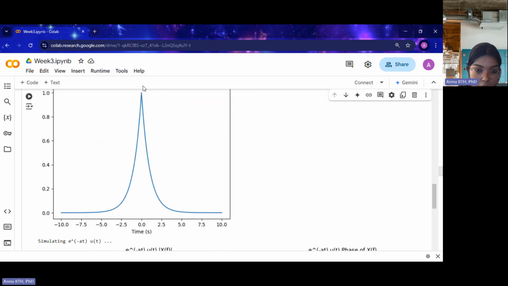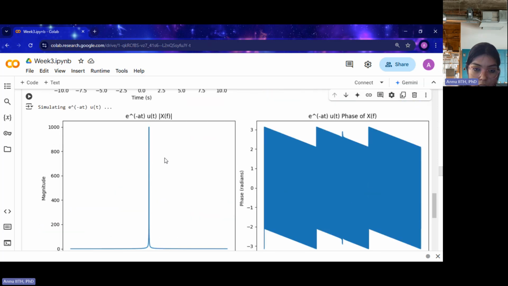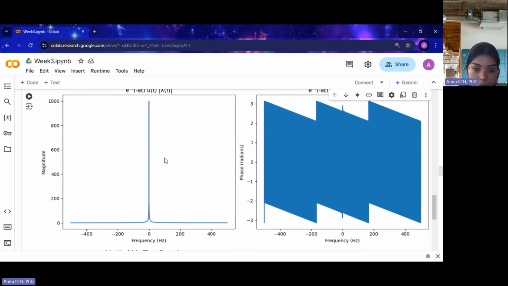So you can see it's e power minus parabolic or inverse parabolic. Whereas you see this